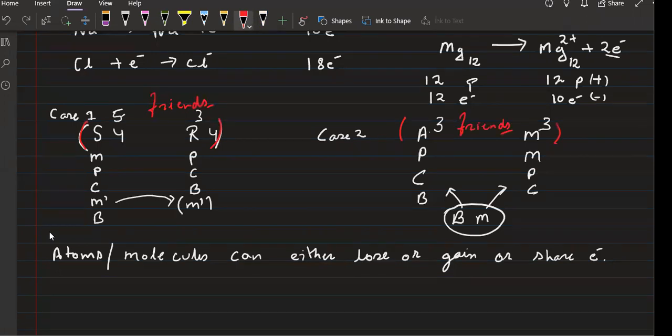They have some kind of bonding, and this bonding you can say is friendship. In the same way, atoms and molecules gain electrons, lose electrons, or share electrons to form